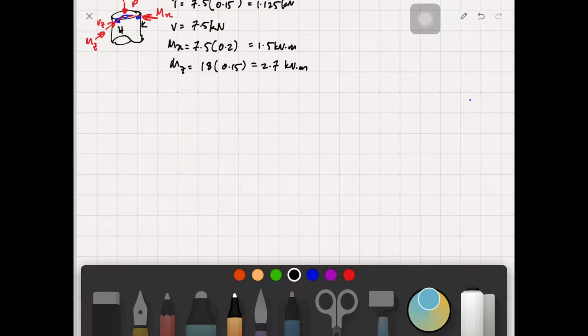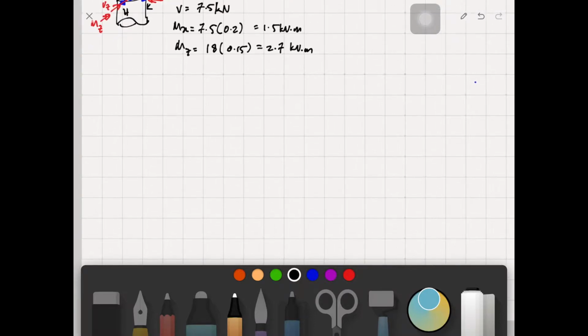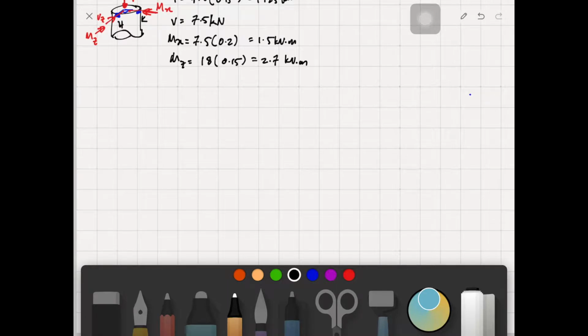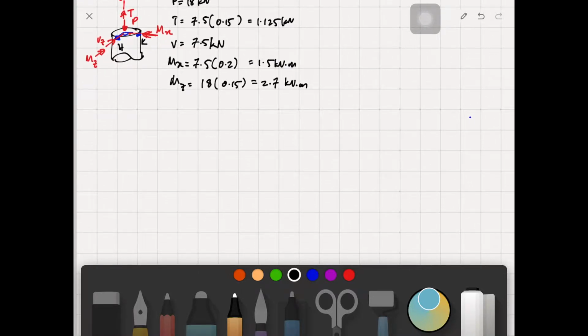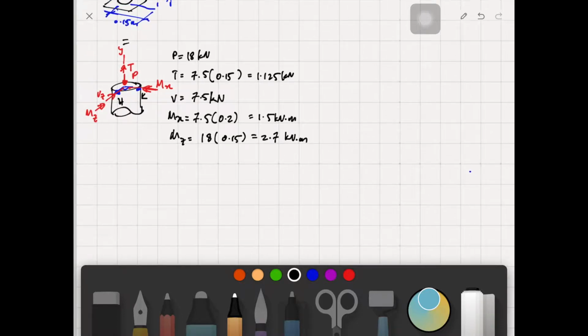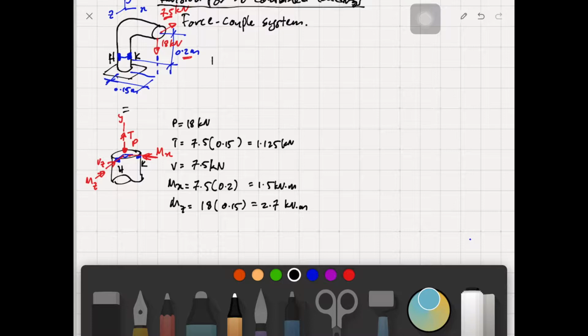reaction forces and coupled system listed in this part here, and it is now a lot easier for us to compute the rest of these stresses, because this question here, the goal, if I may say, for this question, is to find the RVE for H and K. But what I'm going to do now is to attempt